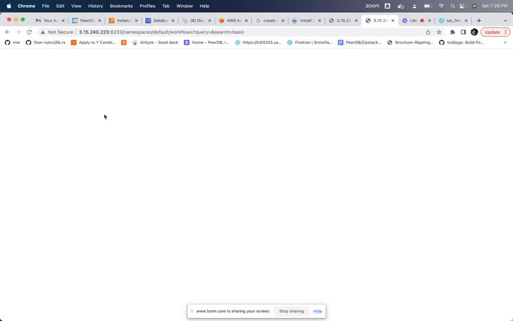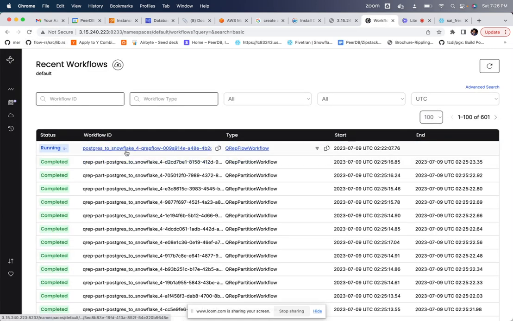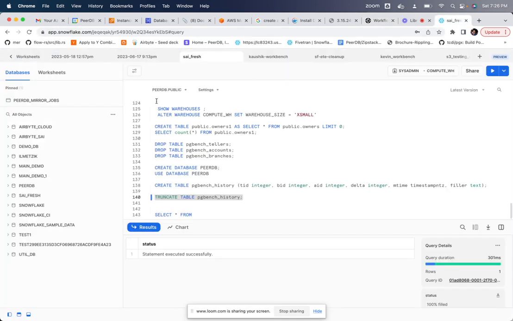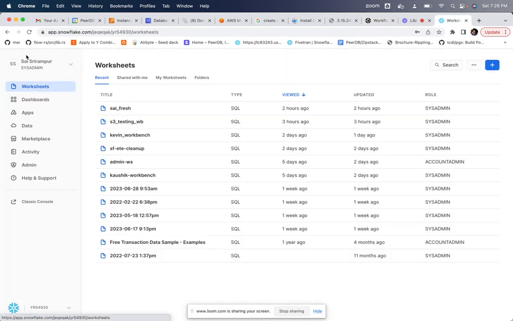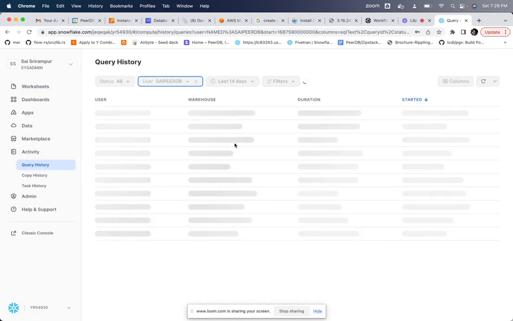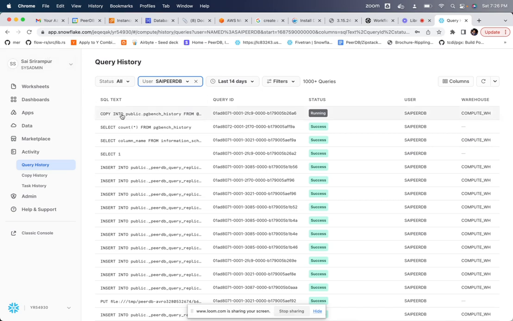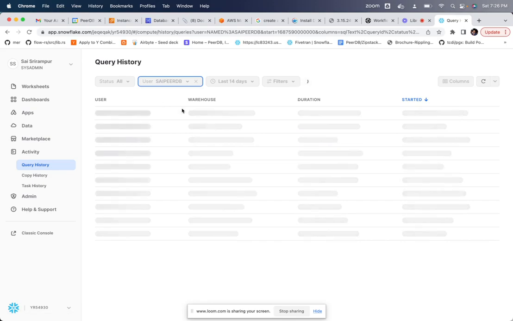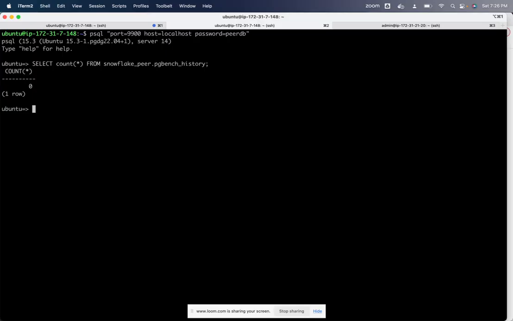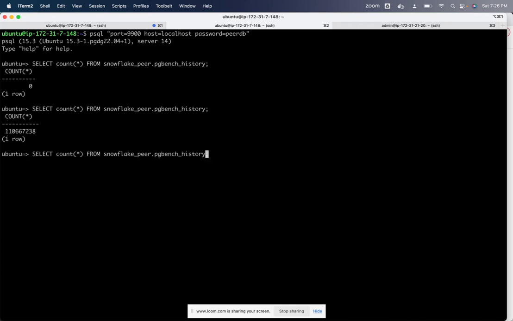So the large merge step is finishing up. And if you actually go to Snowflake and look at activity, you should be seeing that merge going on here, right? So this is the copy command, and if it's upsert, then it would merge, or else it's just the copy command actually. Done. So let's go ahead and see whether there are rows. Perfect. So you see the 110 million rows on Snowflake, and let's go ahead and see the Postgres peer also